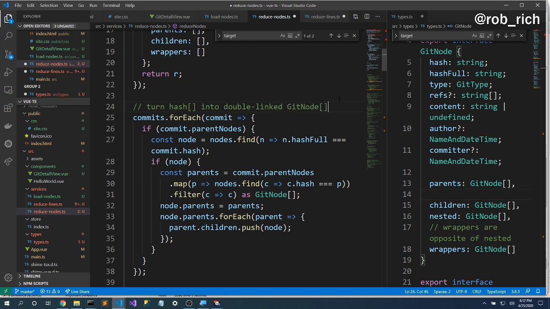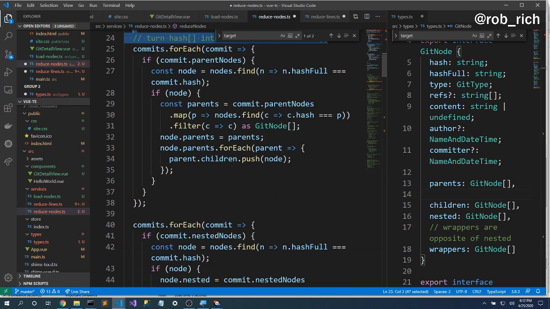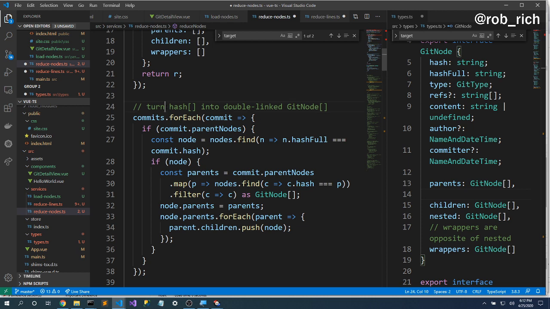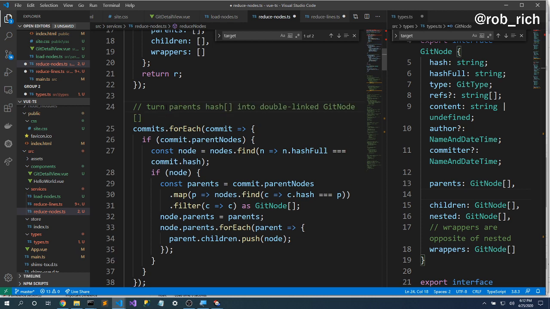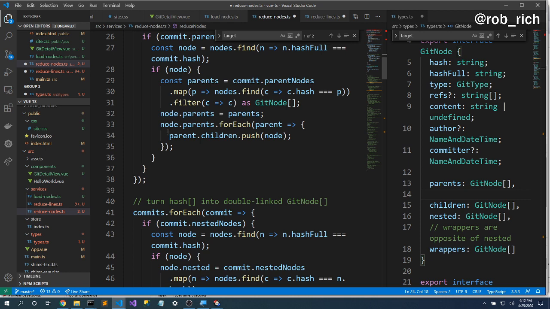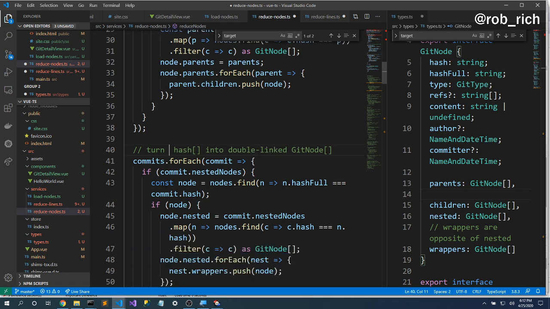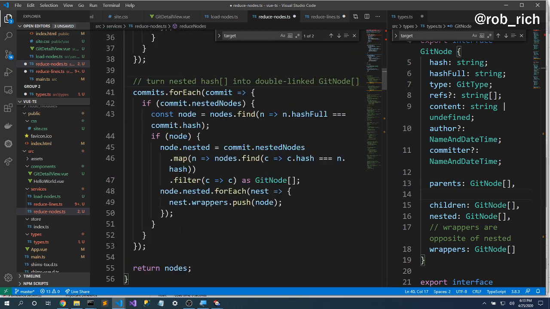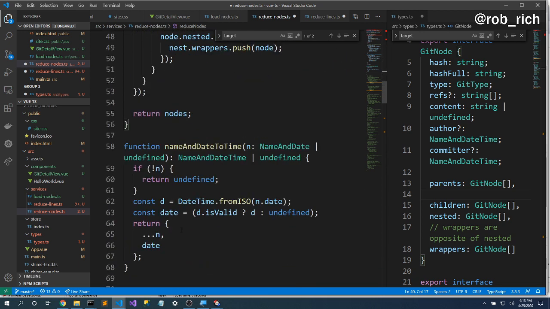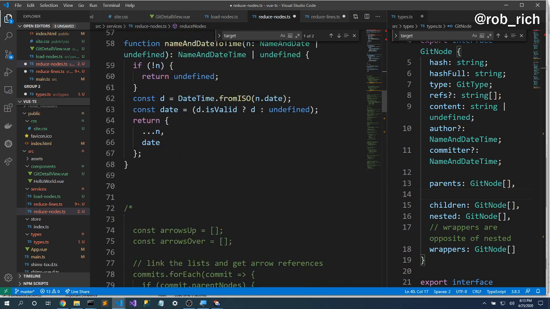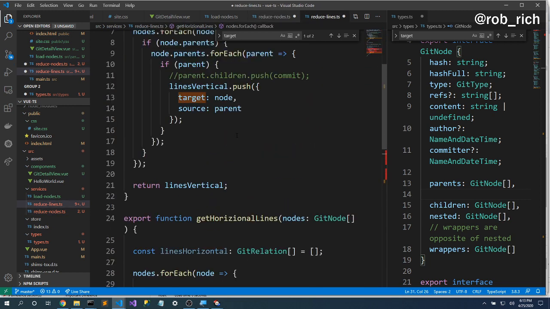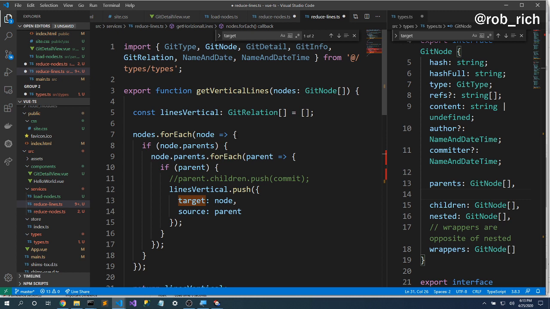Turn hash array into double linked git node array. Turn parents hash array into, and this one is turn nested hash array into double linked git node. Okay. We have some warnings down here. Yeah, the warnings have to do with other things. Okay. Now the cool thing is,